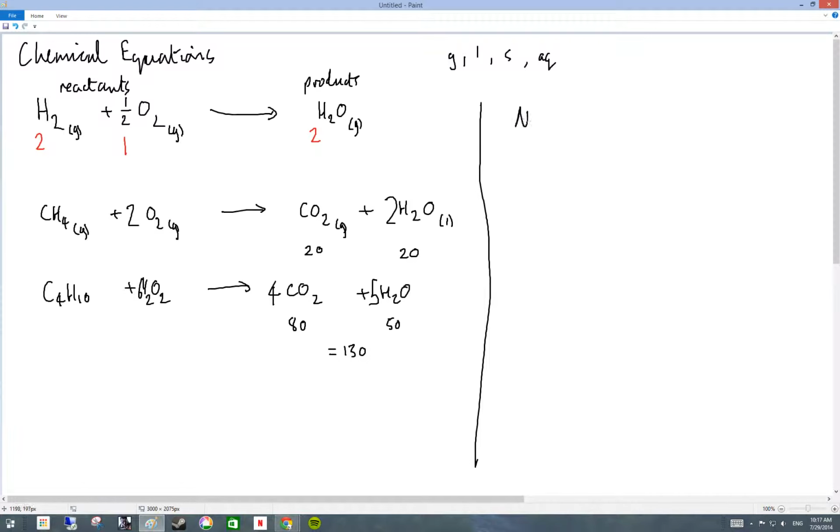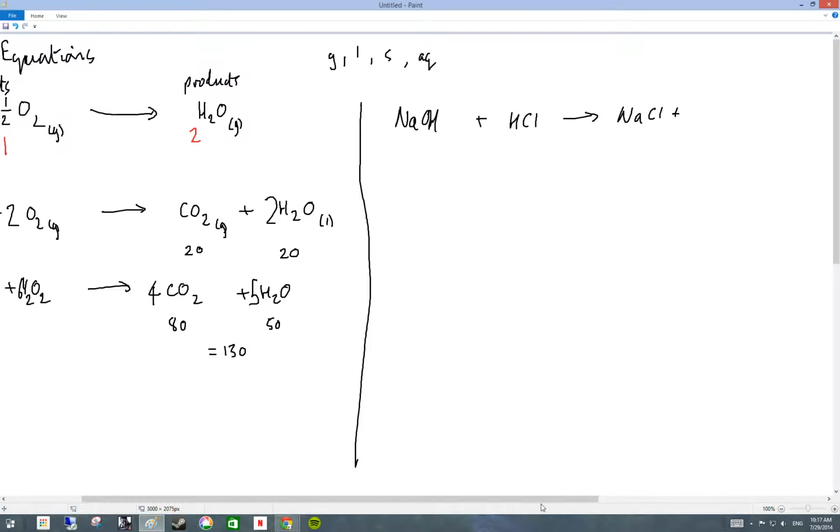This is a very simple reaction between sodium hydroxide and hydrochloric acid to make sodium chloride salt, and a bit of water. Okay, now this reaction is sodium hydroxide solution reacting with hydrochloric acid, HCl, to make sodium chloride, NaCl, table salt,